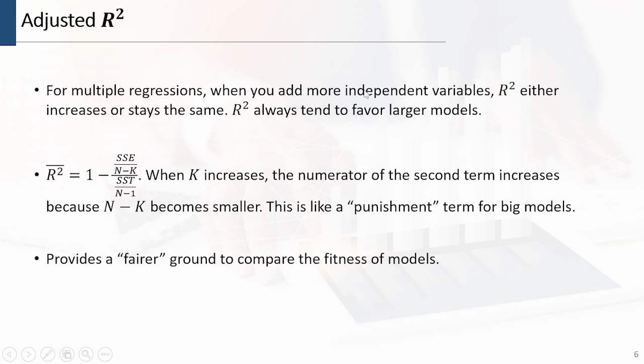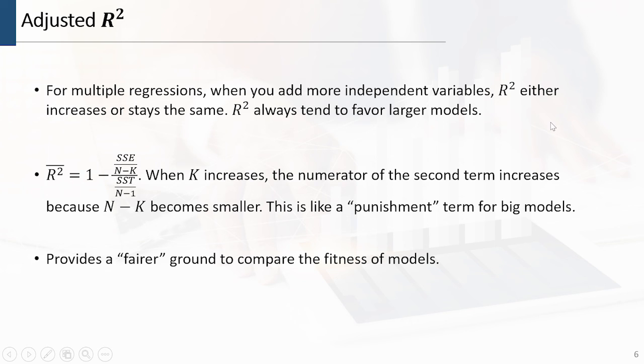So when you add more variables into multiple regressions, R-square should either increase or stay the same. In this case, R-square always tends to favor large models. That's how we call it. Because when you add more variables, you always tend to have increasing R-square, if you just use R-square to judge how good a model is,